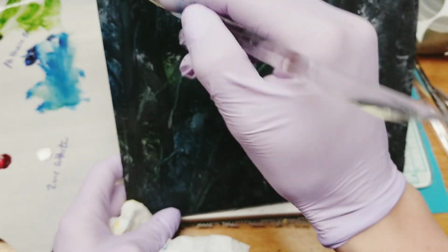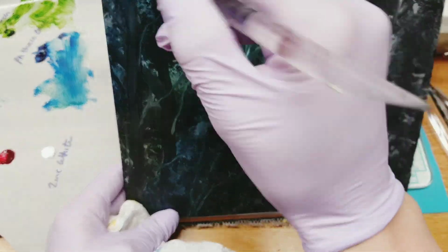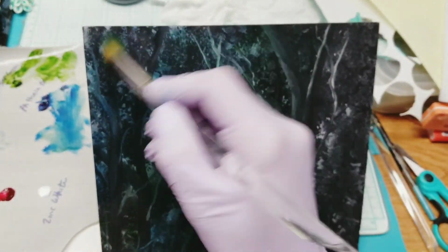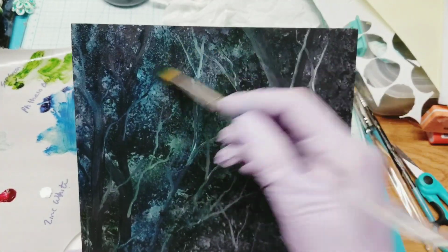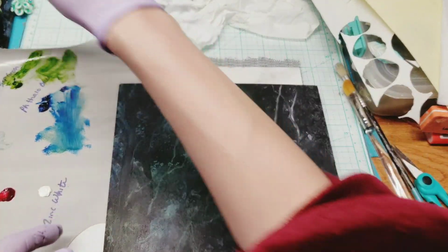And again, this is night, so at night colors are more muted, so I don't want to make anything too bright, if I can help it. Back out a little bit. Yeah, kind of neat, huh? And then maybe,